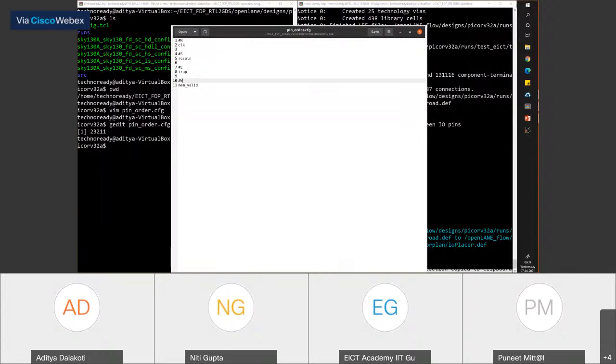Suppose, depending on where your block is, inside your block there might be subcomponents closer to the left side. If they're closer to the left side, and they're timing critical and you want to reduce the delay, then you put the pin or pad on that side.